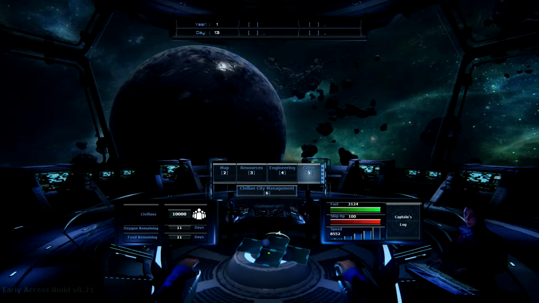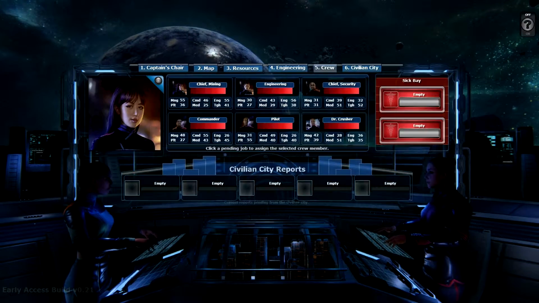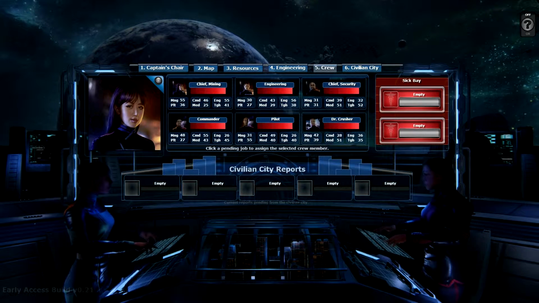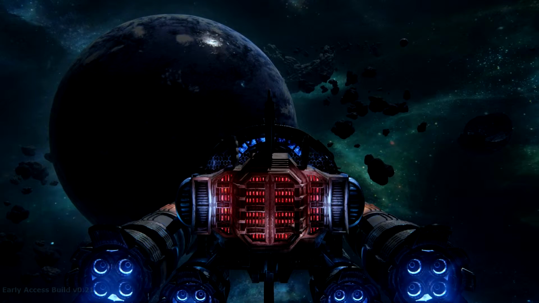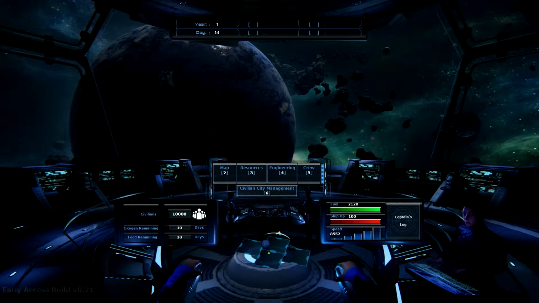But I love the crew bit. I love the way that you can have your crew here, you can assign them, and then the other cool thing about this is, how do I get out of that without having to go back? The other cool thing is now, see, this is me sitting in there, you can see my arms. I'm holding on to this captain's chair, and when we approach this planet,